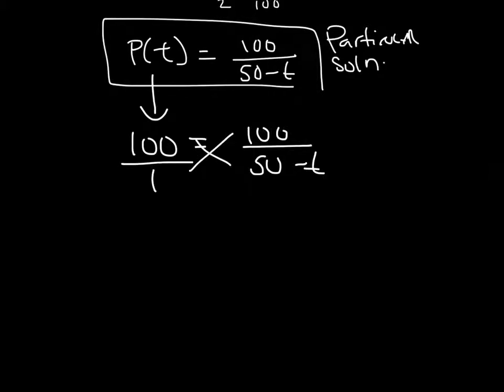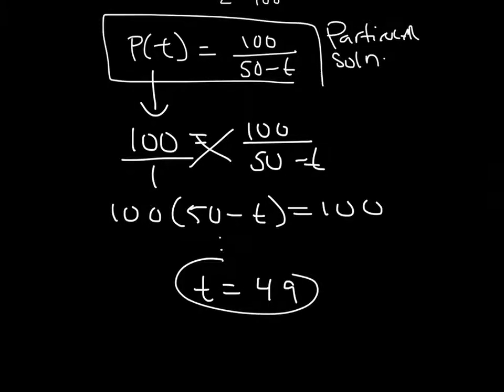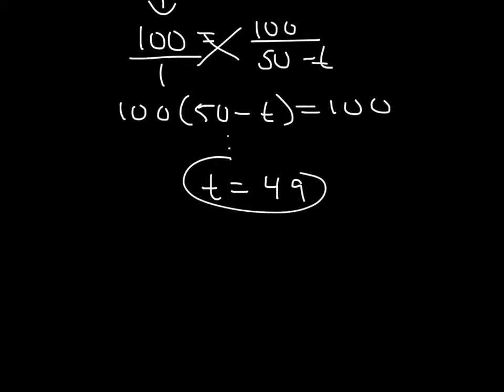We can cross multiply: 50 minus t equals 1, dot, dot, dot, because this is very easy algebra, and we get t equals 49. So it takes 49 years, or 49 months, in order for the population to grow